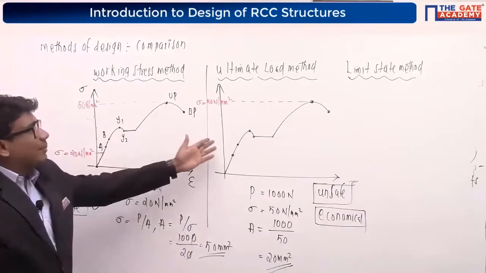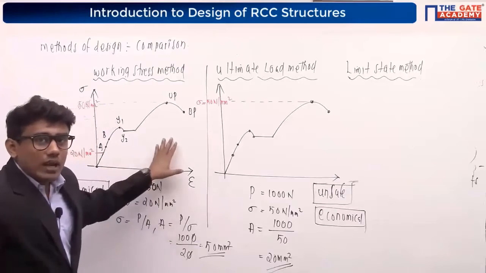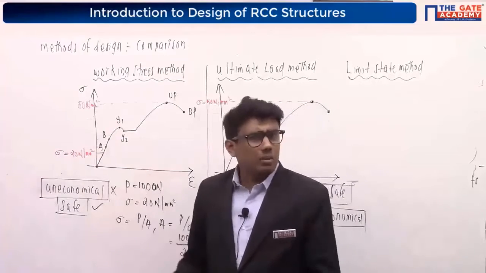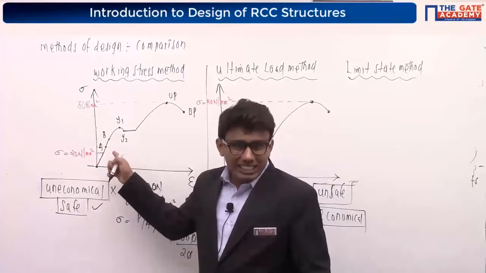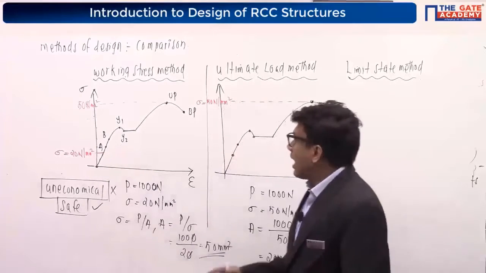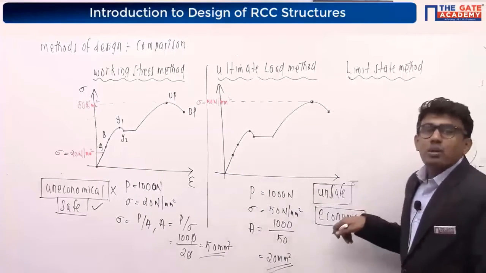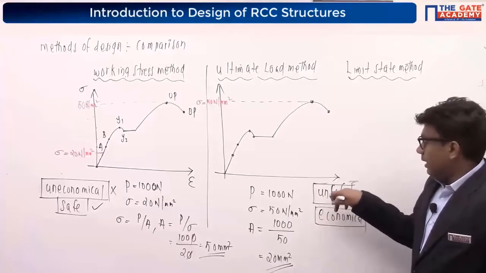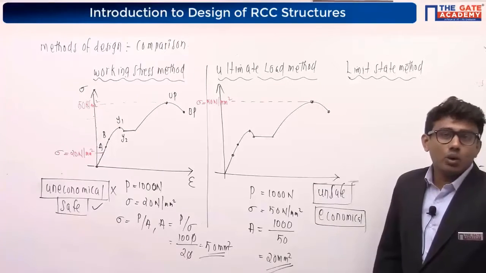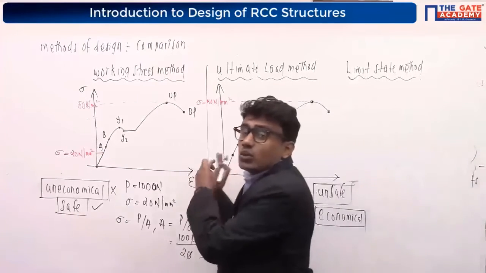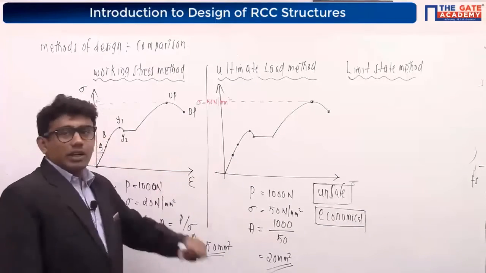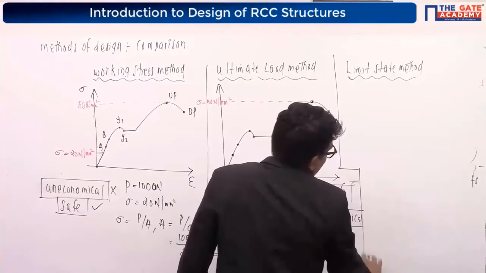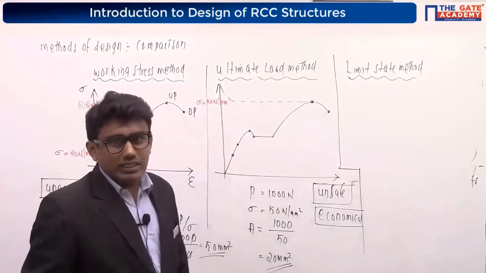So think about this: why was working stress method replaced by ultimate load method? Because the material I was obtaining under working stress method was uneconomical, but it was safe. Here safety was the criterion in working stress method, and coming to our ultimate load method, here economy was the criterion, but safety was compromised. Combining the advantages of these two methods, that is working stress method and ultimate load method, we have introduced our third method, the recently developed and most popularly used method of design, that is limit state method of design,